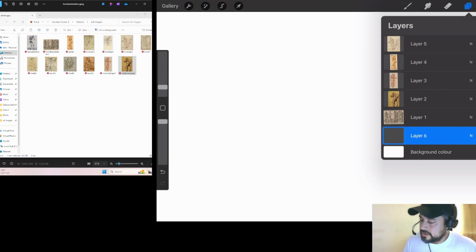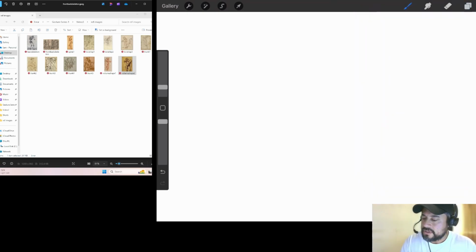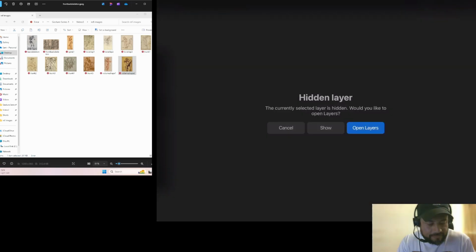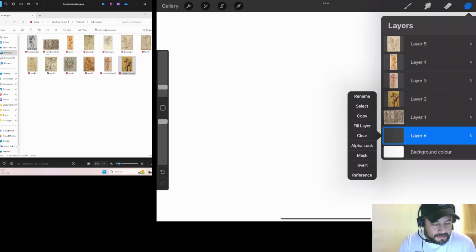Now, I think we can move on to landmarks, but I think I forgot to overlook a very important part of drawing any object, not only figures: the topic of foreshortening for gesture drawing. If you don't know what foreshortening is, it's basically if you've got your shape that you're going to put down,